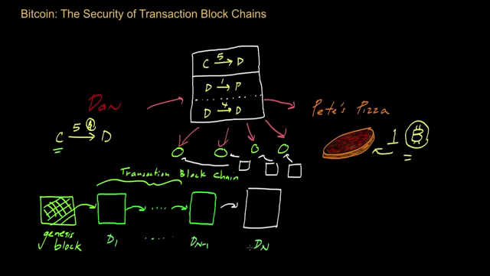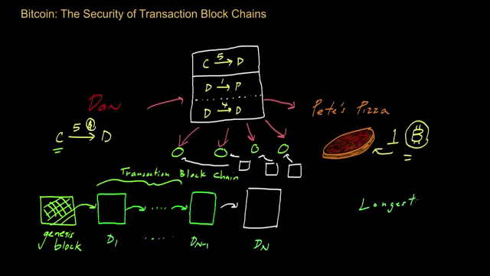And the reason for that is that the way Bitcoin works is that if there was ever more than one transaction blockchain out there, let's say there was a bad user, or maybe somebody didn't receive a particular message in time, or whatever reason, then according to the Bitcoin protocol, everyone is just supposed to work off of the chain that had the most work put into it. So we ignore chains that have a lot less work and only consider the chain that had the most work put into it.